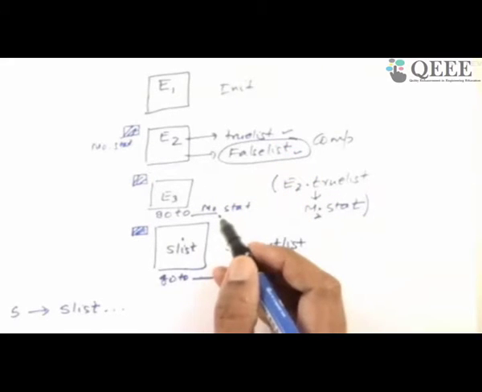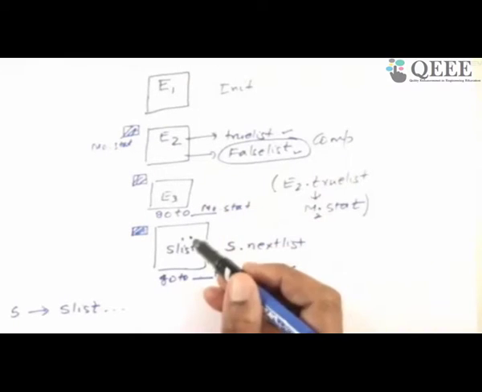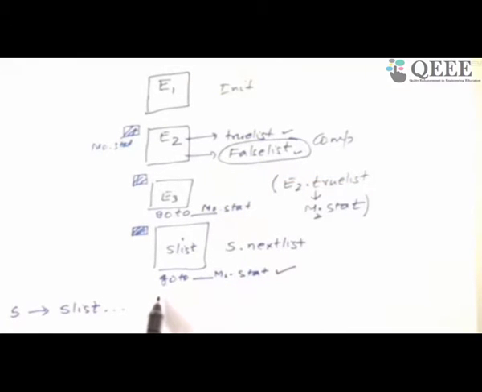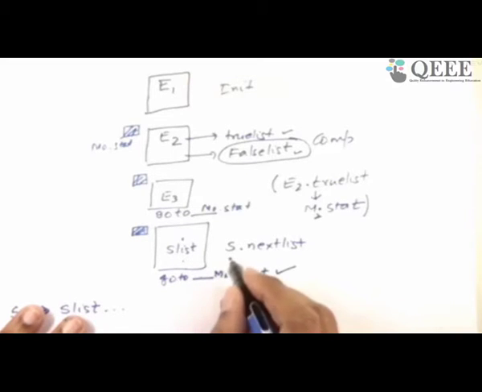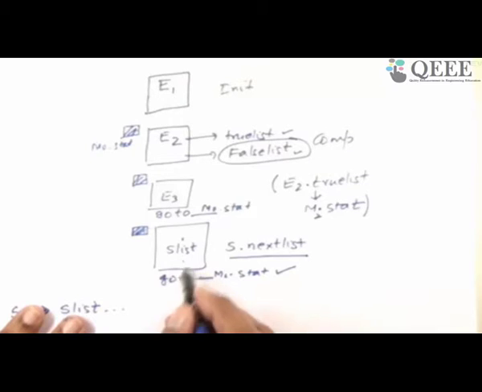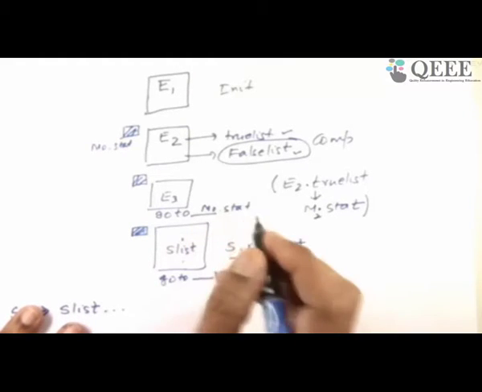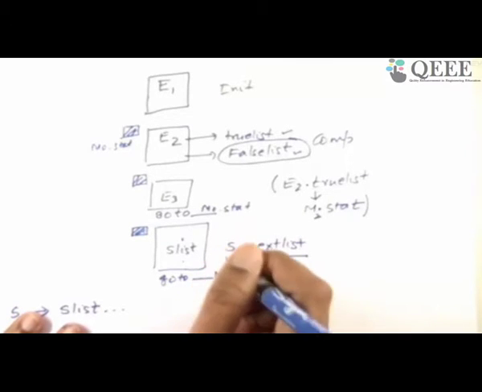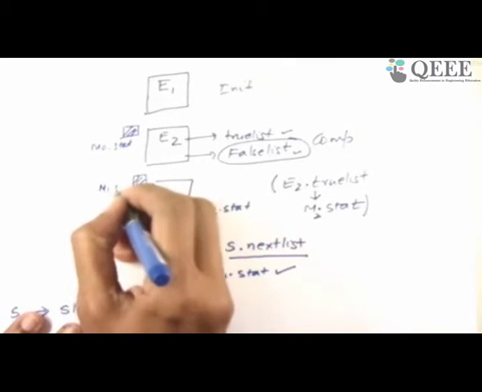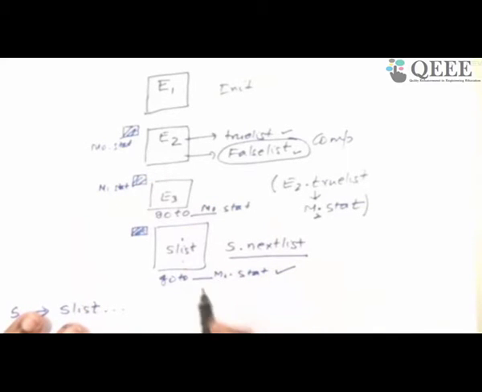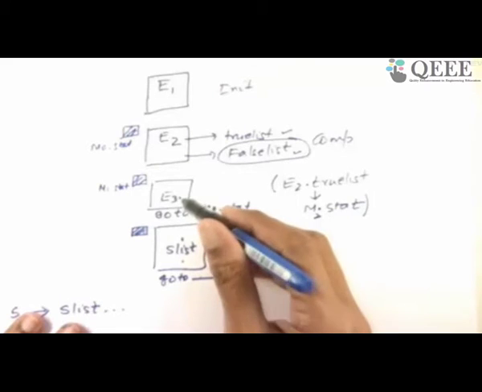This goto is fixed up. So come again. True list goes here. False list goes out of the for loop, I don't know where right now. Once you go to S list, you can keep computing S list. If you have a break, you will go out, which I don't know, which is in S dot next list. But if you don't break, then you come out of the S list. We are forcing this flow to go back to M1 dot stat, which happens to be, basically I should make it correct, we should go back to the incrementation, which is this incrementation. So this is M1 dot stat. After this, the body is over, he increments. After the incrementation, he goes back to testing and then to done.